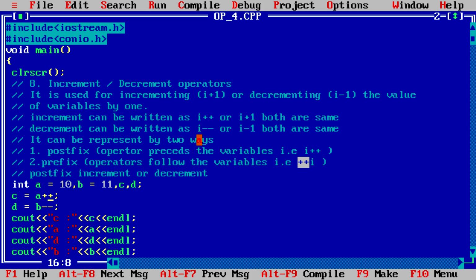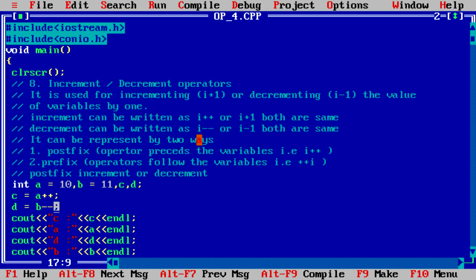For example, here the value of a, 10, will be assigned to c, and when this whole expression terminates by the semicolon, then the value of a becomes 11, and same for b.